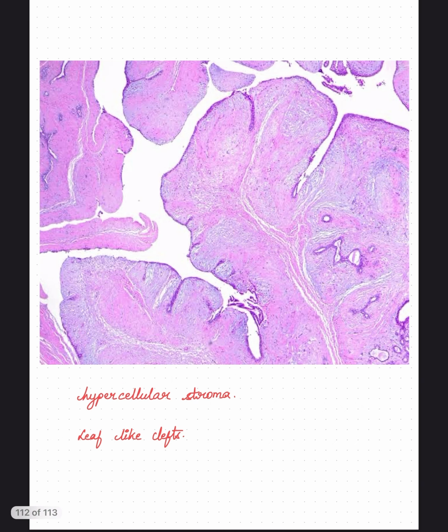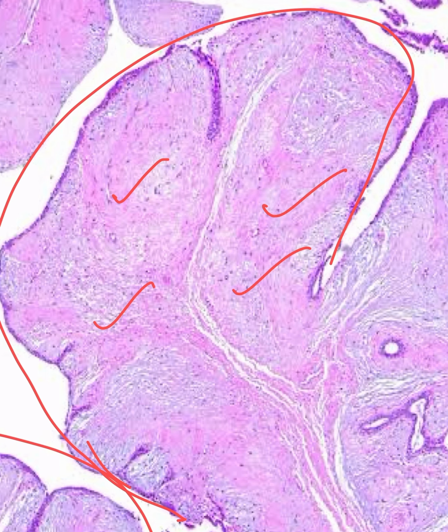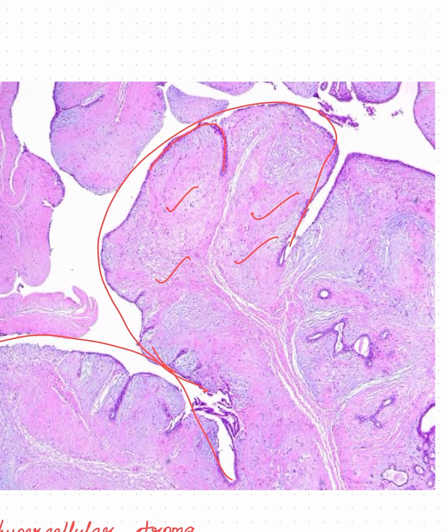So this is the microscopic image of the Phyllodes. It shows the classical leaf-like pattern. This is one leaf-like pattern, a large leaf. Why does this leaf-like pattern occur? Because of stromal hyperplasia. There is extensive hyperplasia of the stroma, and it compresses the epithelial lining. Because of this extensive hyperplasia, the tissue folds upon itself. The stroma grows and folds upon itself,